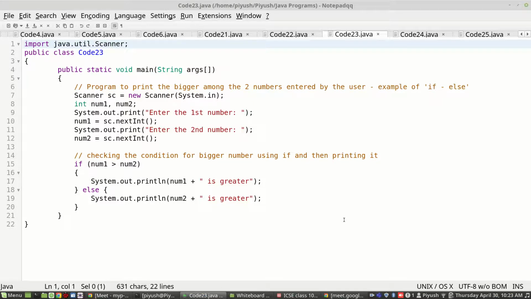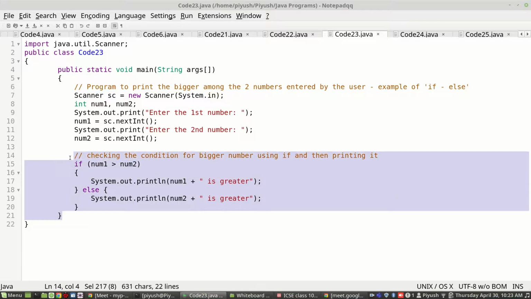Here, how many possible outcomes are there? Either one will be greater or two will be greater, and accordingly we have to display the message. So we have to handle two cases. If two cases have to be handled, we use the if and else control structure. So two cases, remember, if else.